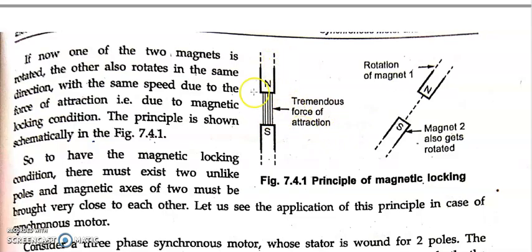So what happens if I move this magnet in the clockwise fashion, in this fashion? It is moved from this position to here. You can see the other magnet is also forced to move along with it, and the magnetic axis of north and the magnetic axis of south will overlap each other. So this magnet 2 will follow this magnet. You can consider this magnet as the stator, and this magnet as the rotor.